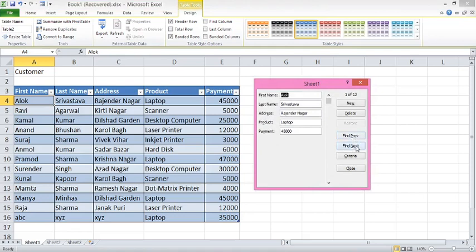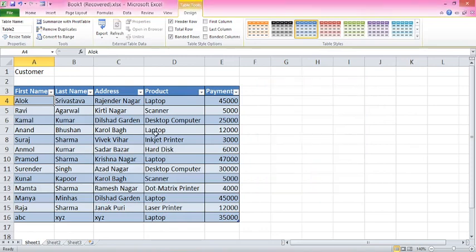These are the two options to navigate through the database. So I will be moving on to the information related to Anand, and here I want to change the laser printer into laptop, and just check the change here, it has converted into laptop. So this is how we can use data form to change the data, to provide any editing to any cell.